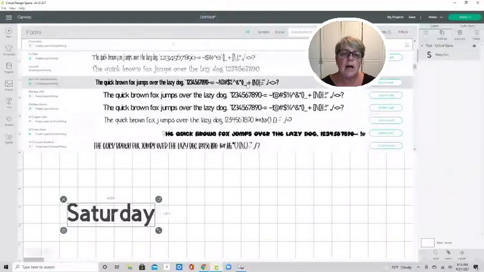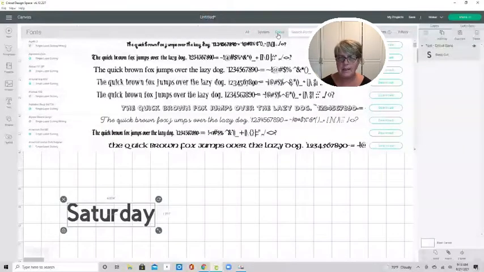All right, so another option: I can sort my fonts by system. Those are fonts that I've installed in my computer, so you may have different ones than I do. I use both a PC and a Mac here, and I use an iPad, and I will have different fonts in all of them. They don't necessarily all use the same ones. I often will decide to stick with just Cricut fonts. There's a couple of pluses to that. One, there's a huge variety now. The fonts that are under the Cricut category are ones that they have tested that work really well on this